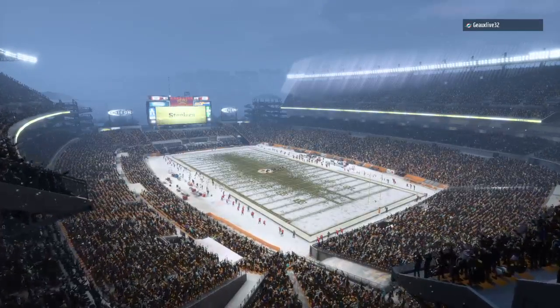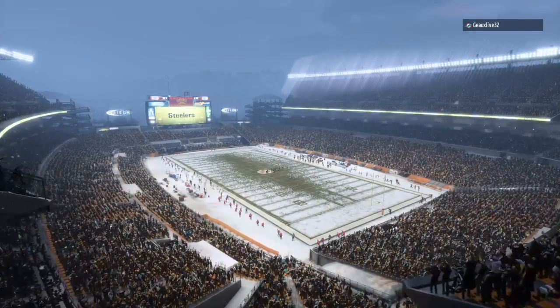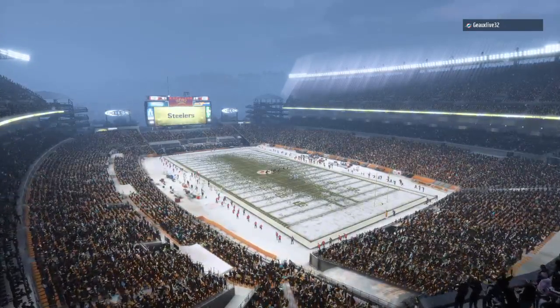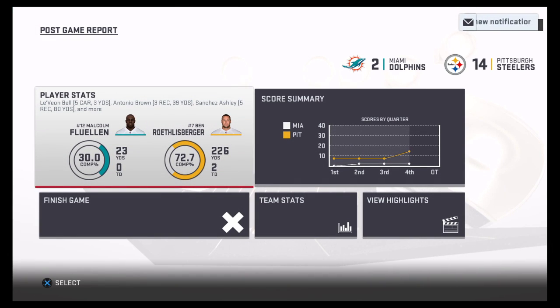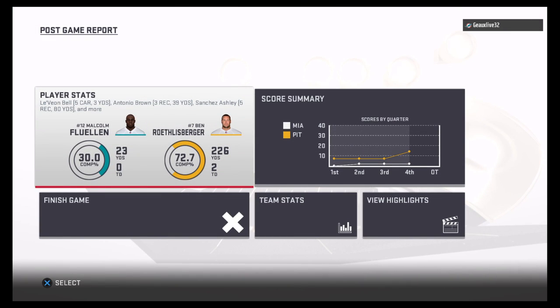So for the Steelers, a final win here means they'll finish off the regular season at a solid 13-3. And now they'll await the final seeding for the playoffs ahead. Meanwhile, for the Dolphins, this loss will be the capper to a dismal 4-12 campaign. And with some high picks,